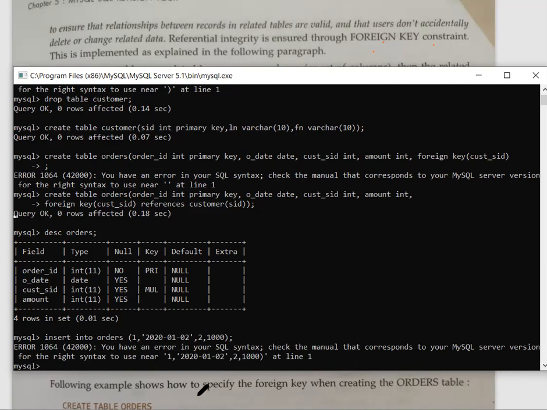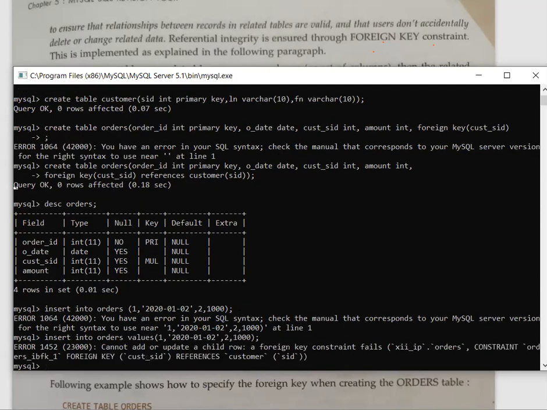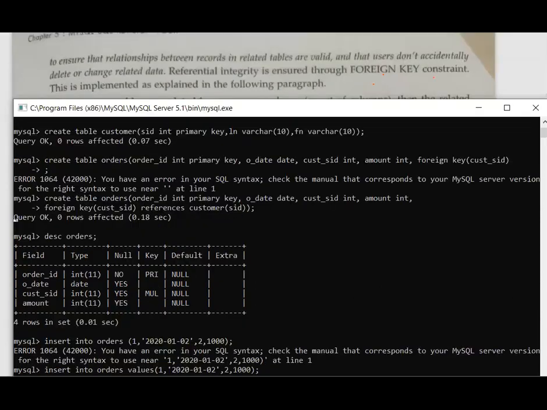Why am I getting error message? Wait, I have not written values here. I'm just not showing you the error message. I have got error in this. Why am I getting error message? Any one of you? Theoretically, I have explained to you. This is first time we are doing practically. Any idea from your side why I am getting error message in this?